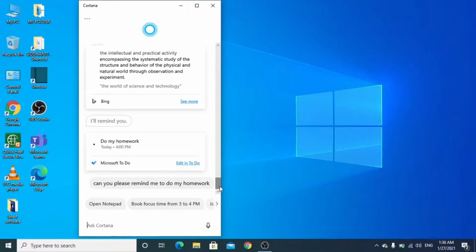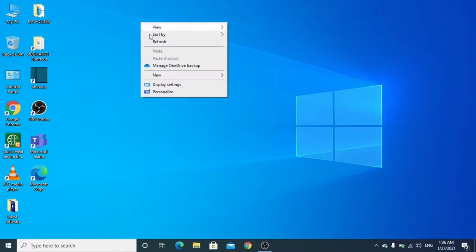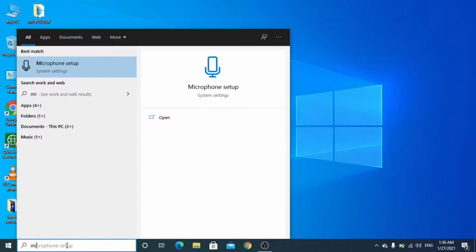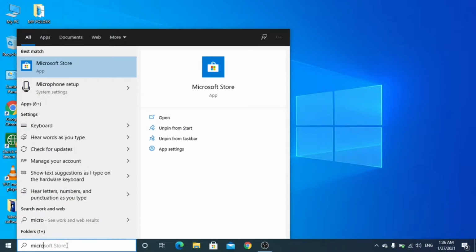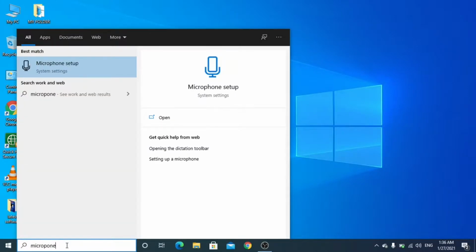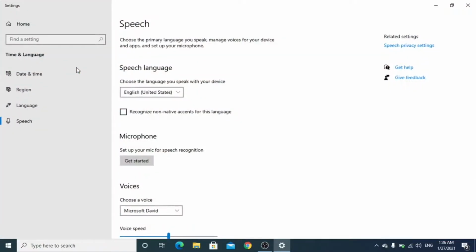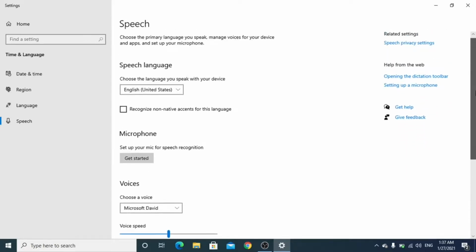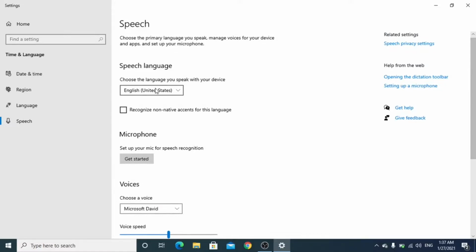Now if voice search is not working in your Windows 10, you can go to the search panel and type microphone, and you will see microphone setup, just click that. Here you scroll down and choose the language English United States.